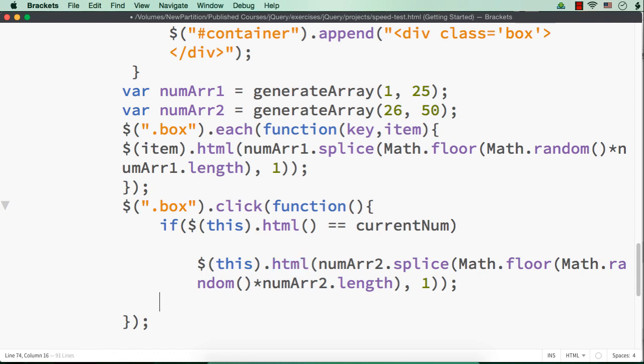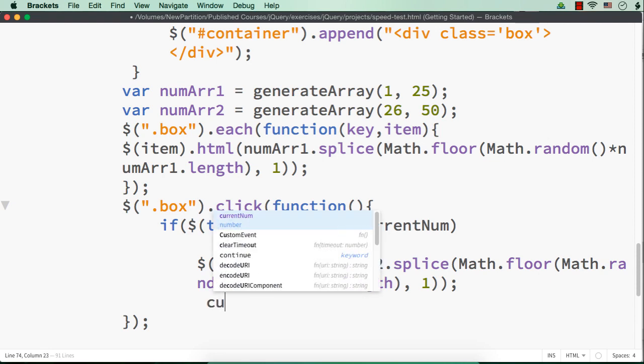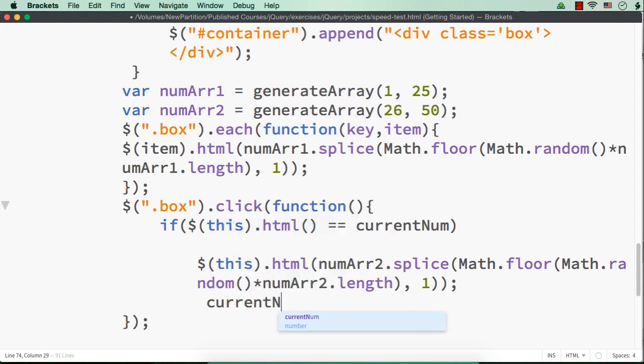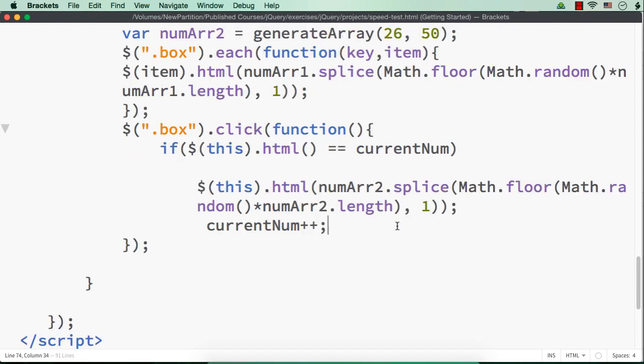Then after this we should increment the value of current num, otherwise the value will always be 1. So after 1 is clicked, the text will be changed, and the current num should become 2. Now let me save this and check the output.